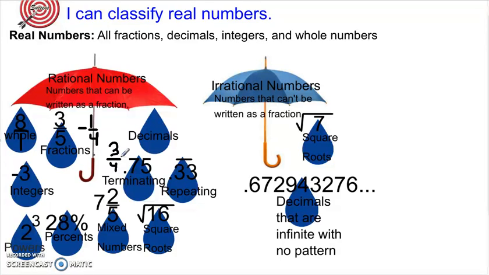And you do not need to know how to change them into a fraction yet. I just want you to know that this type of decimal, which is called a terminating decimal, it stops. That means this one stopped in the hundredths place, and it does not continue on. And so because it stops, it is in the category as a rational number because it can be written as